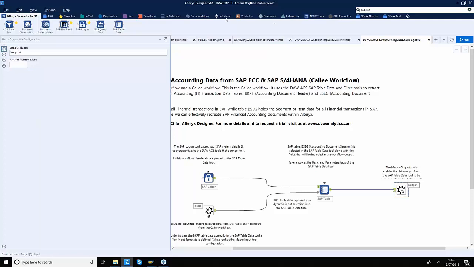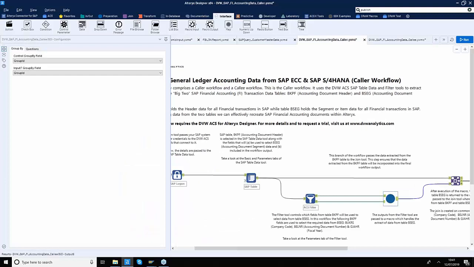Again, all this information is available, all these tools are available under the interface section of Alteryx. So this is the tool we are using for bringing the data in. This is the tool that we are using exporting the data out of this tool. So now this is a complete factory. We call it batch macro, and we'll call that batch macro right here.